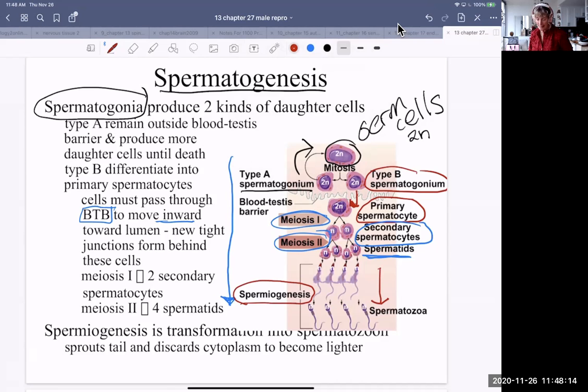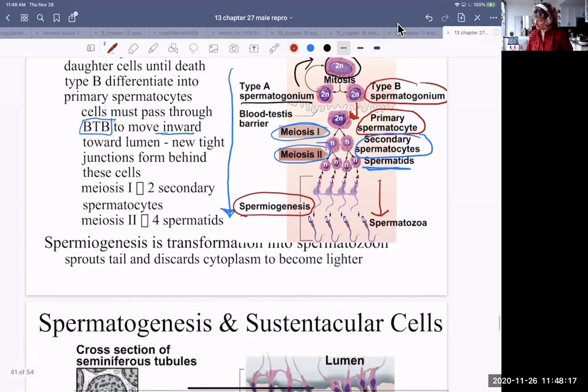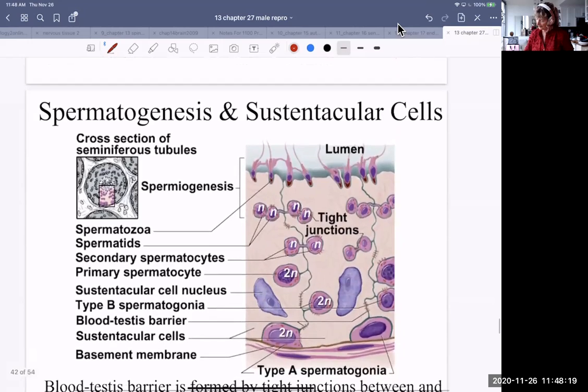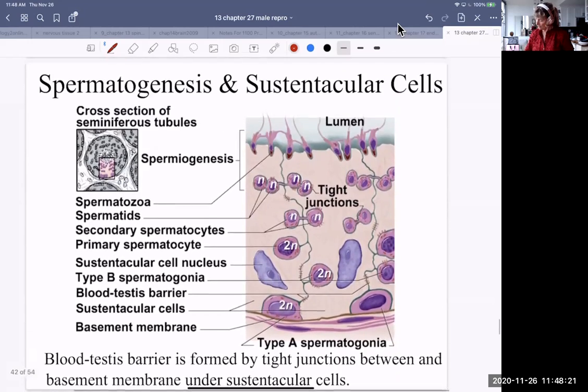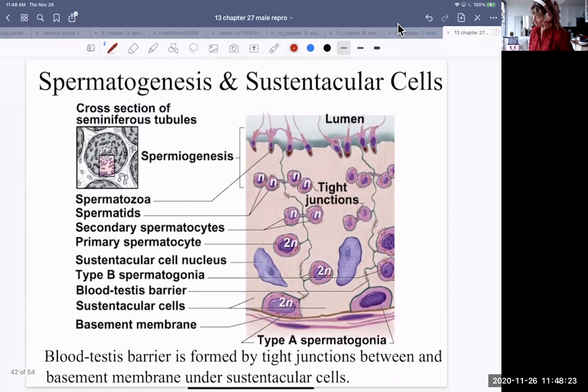So in the blood testis barrier, this is a really great diagram. It's not too bad though. It's upside down from what we just looked at. So here are the spermatogonia, A, B. Well, they will go through spermatogenesis, and these large cells here,